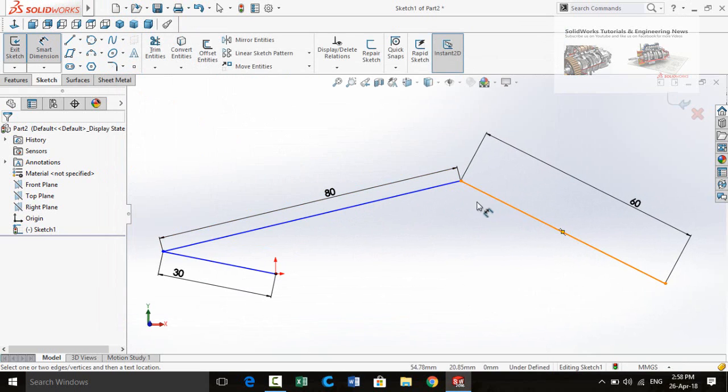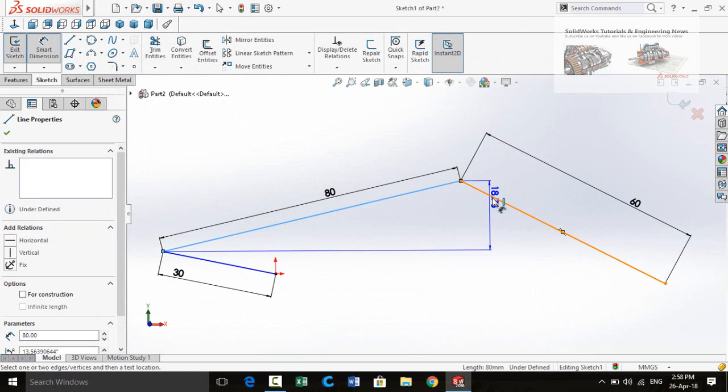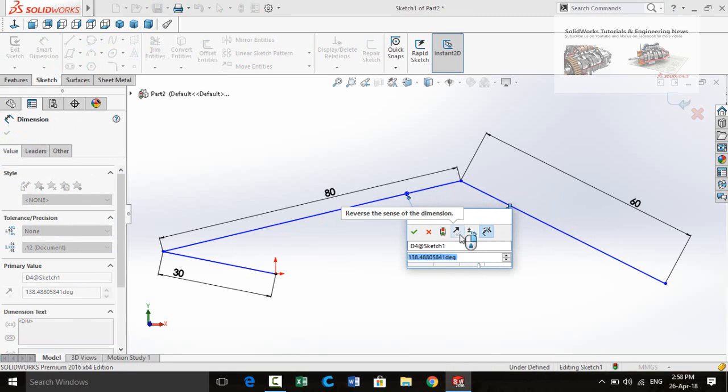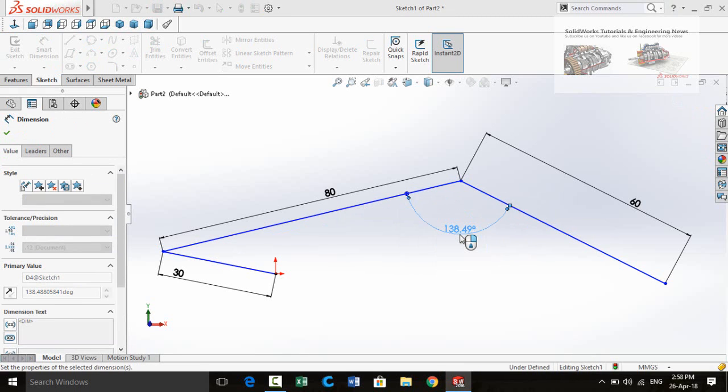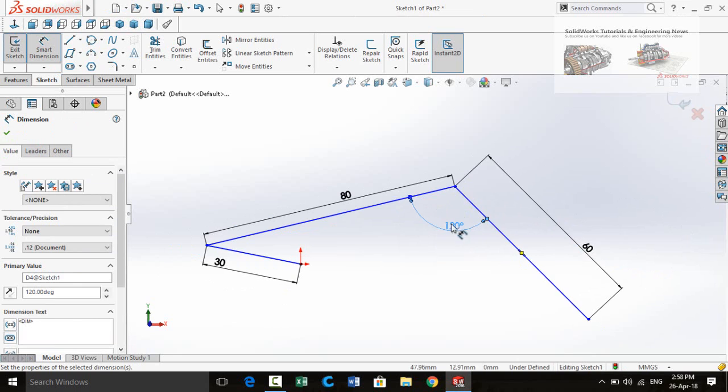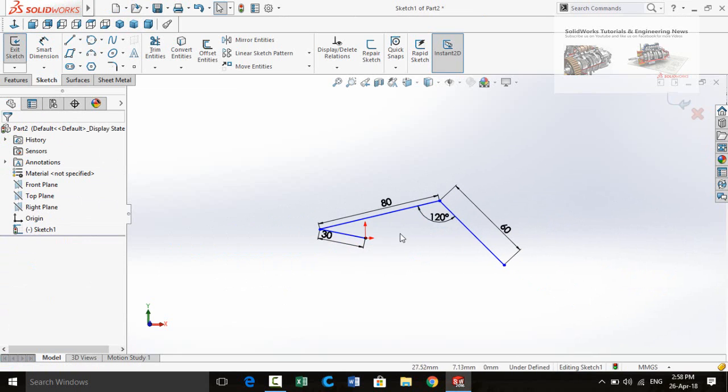If you want to add the angle between both of these lines, simply click on this line and then click on this line. Now you can define the angle between both of these lines. Press the Escape button. Now we have some sketch relations in SolidWorks. So let me show you what they are.